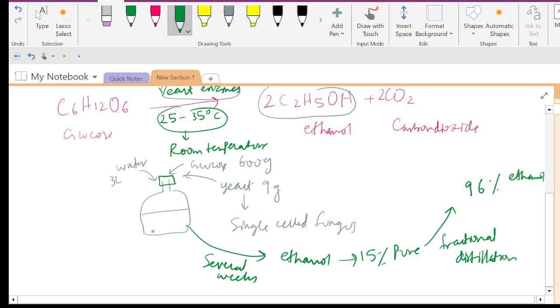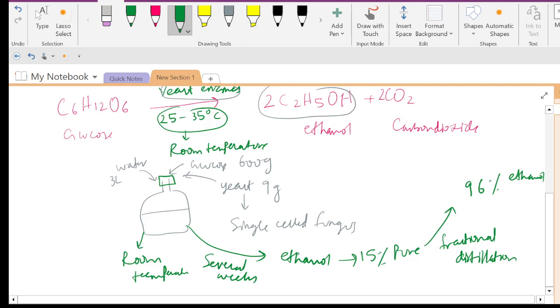Because this process occurs at room temperature, no extra heat is provided. The temperature that is feasible for this process is 25 to 35 degrees. If you provide more temperature to this process, of course the enzymatic activity will stop and it will not be able to produce